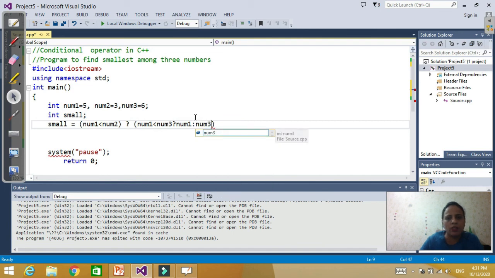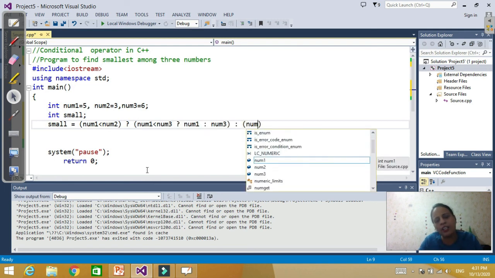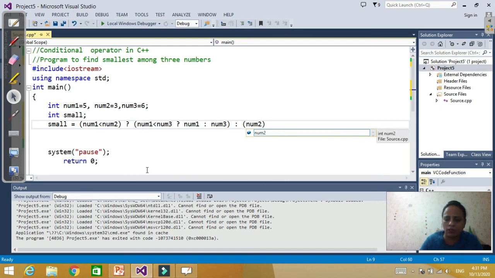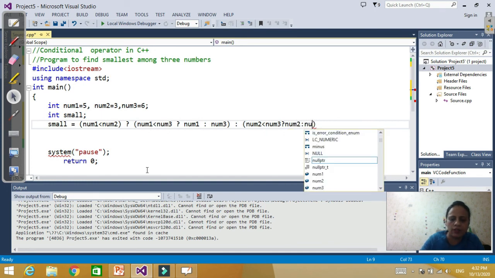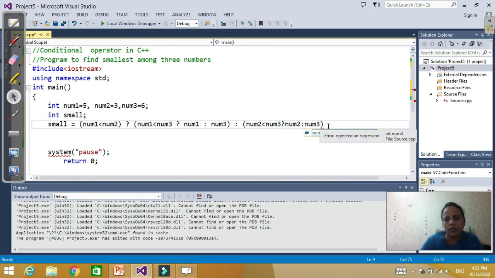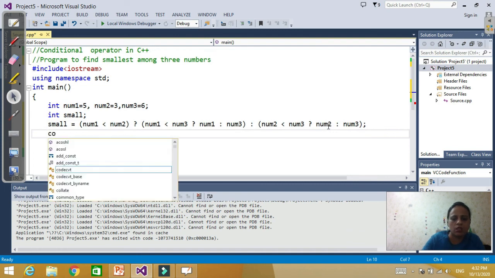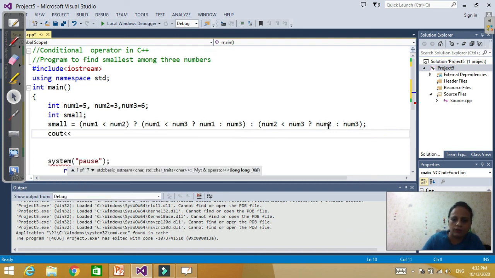Otherwise, num3 will be the smallest one. Now, if the first condition is false, then we check num2 and num3, because either num2 or num3 will be the smaller one. So if num2 is less than num3, then num2 will be the answer, else num3 will be the answer. And cout small.